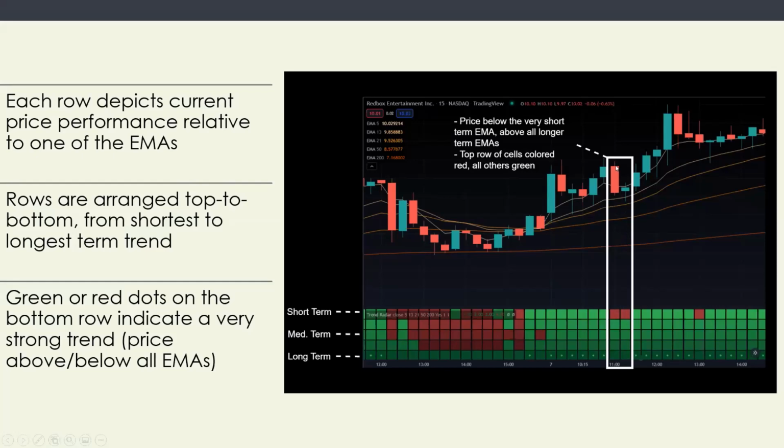If we look at the price bars and the 5 EMA line here, we see that's true. Price is below the fast, but it's above all of the others. And likewise, over here in this dark red area, we had a pretty strong pullback where we almost broke through every part of our bullish trend, even down through the longest term EMA. But the 200 EMA here kind of held the line. So we saw this deep pullback, but the long-term bullish trend persisted.